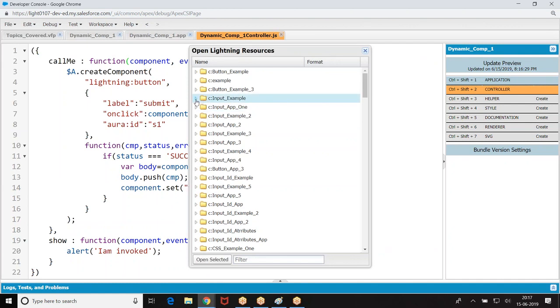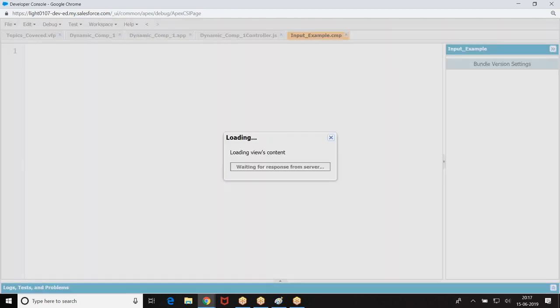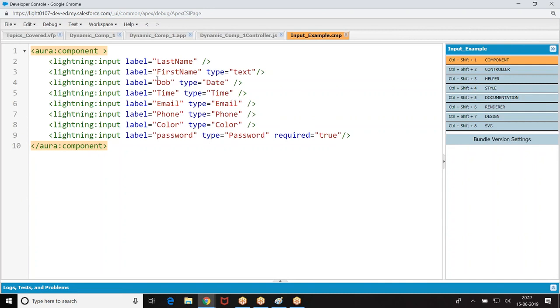I can take the input example component. Any properties? We don't have any attributes.